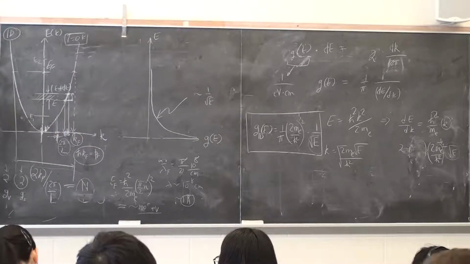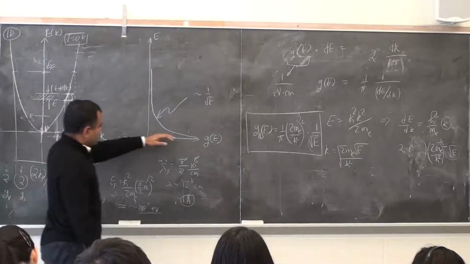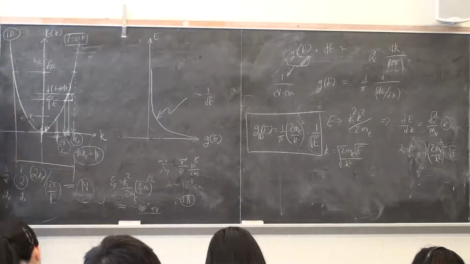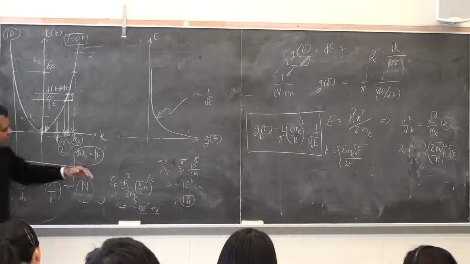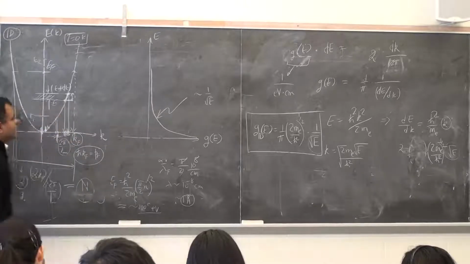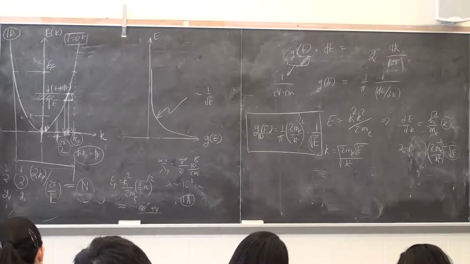And in low dimensions, typically, you see such behavior that things will blow up. This is called a Van Hove singularity and all that. Not very important at this point, okay. So that's the density of states, and from here we can write down